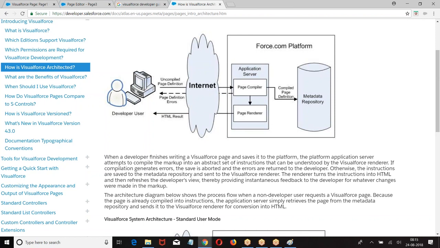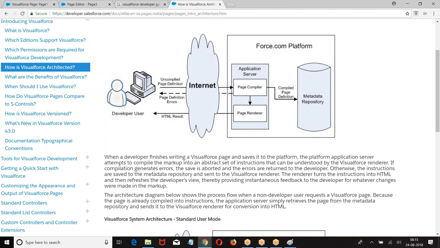What is markup? It consists of HTML elements and components. HTML means anything that is supported by the browser. Any scripting language that is supported by the browser is supported by Visualforce, which is called Visualforce markup. Second one, Visualforce components.